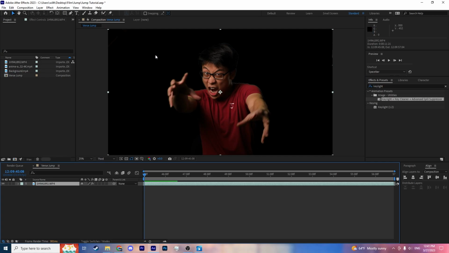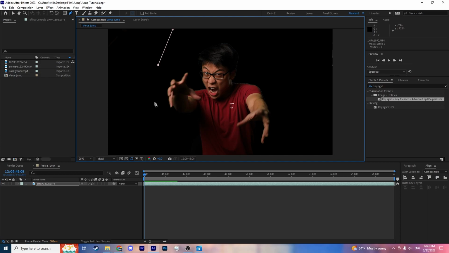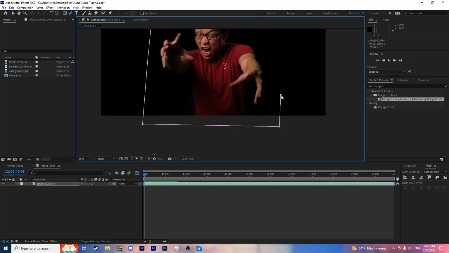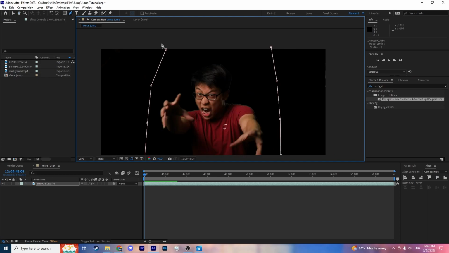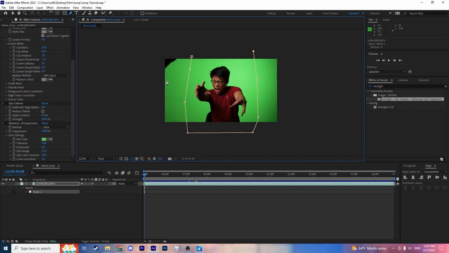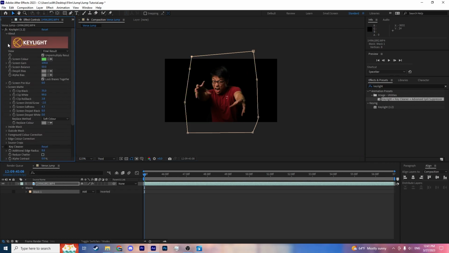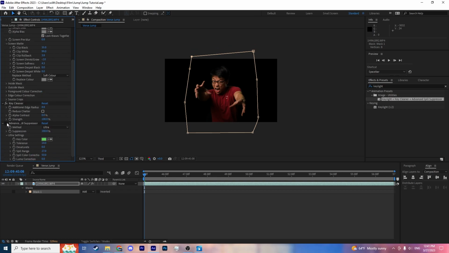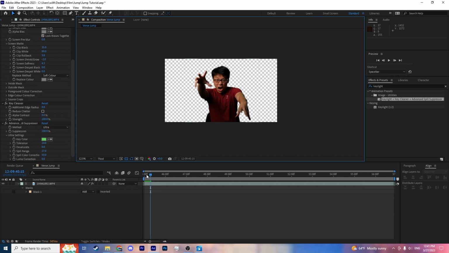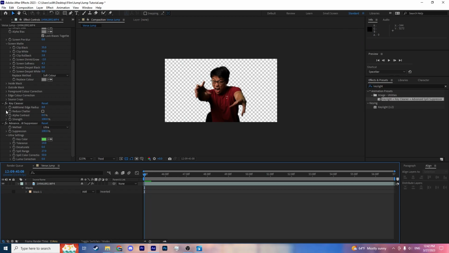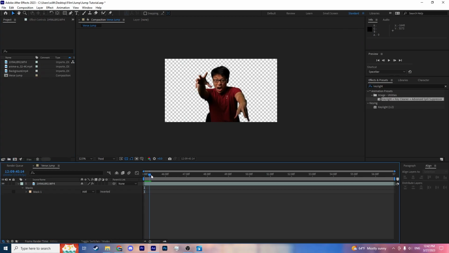The next thing I'm going to do is just make a garbage mask. That's something I should have done earlier, actually: I'm going to just mask around my subject, because I want to get rid of this light right here. So there we go. And once we turn up all of our settings, now we don't have that light getting in the way right here. Cool. Now we have this isolated image of myself just looking like an idiot screaming on a chair,